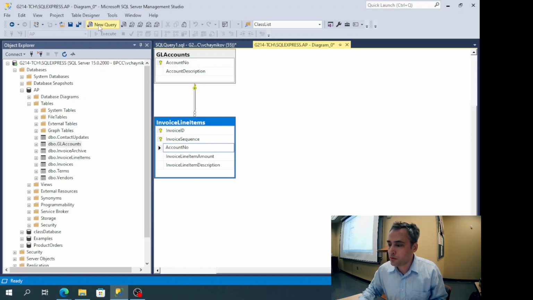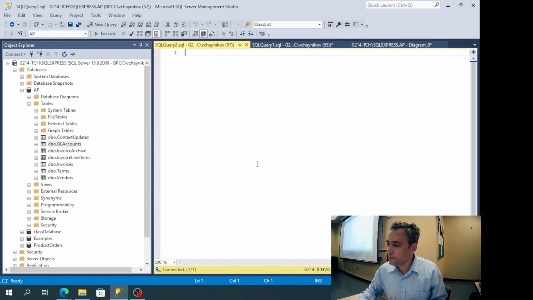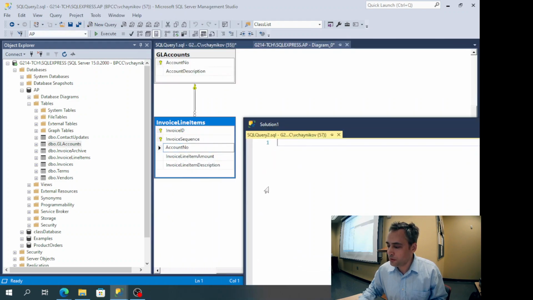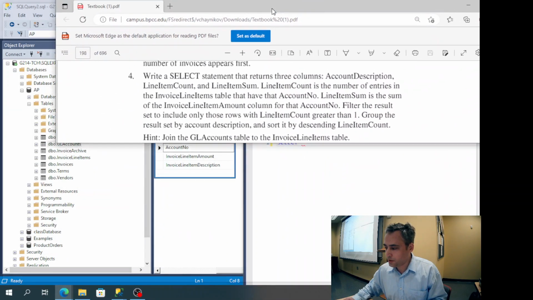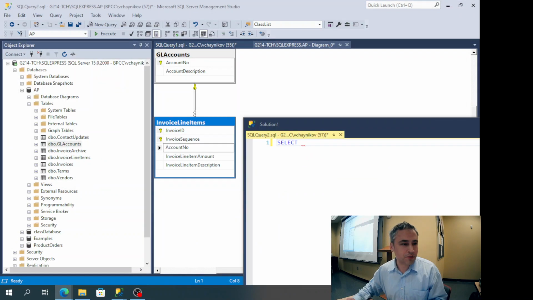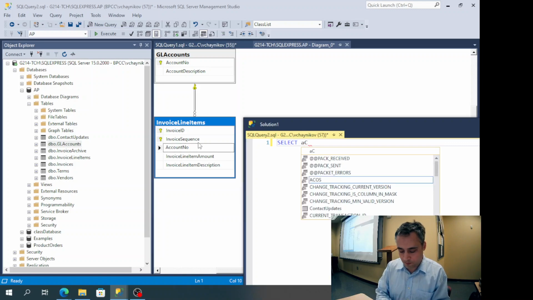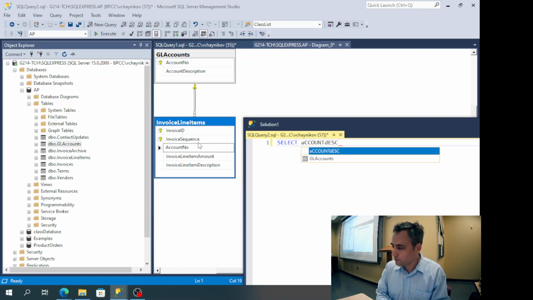All right, so let's write a query now. And I try to keep my eye on the table columns. So select, and I need to also look at the original problem. So I might actually put it on a different screen. Select account description. And